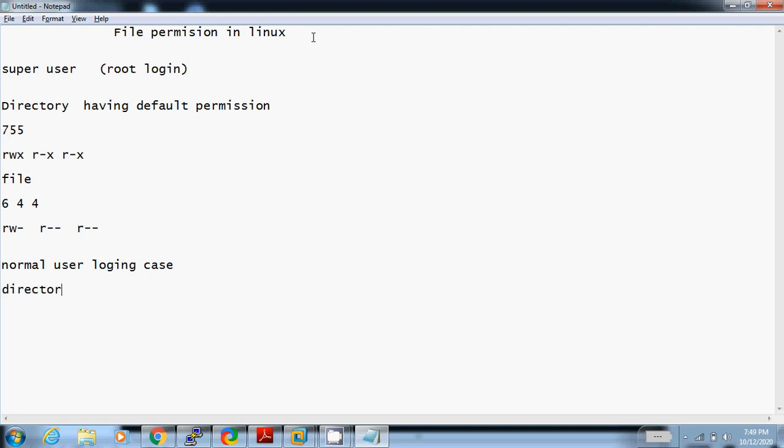for the directory, default permission is 775. It means read, write, execute for user, read, write, execute for groups, read and execute for others.